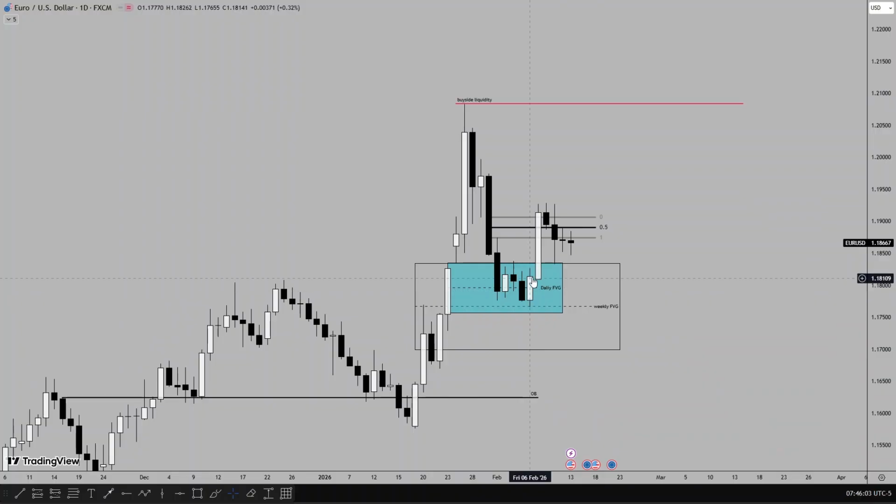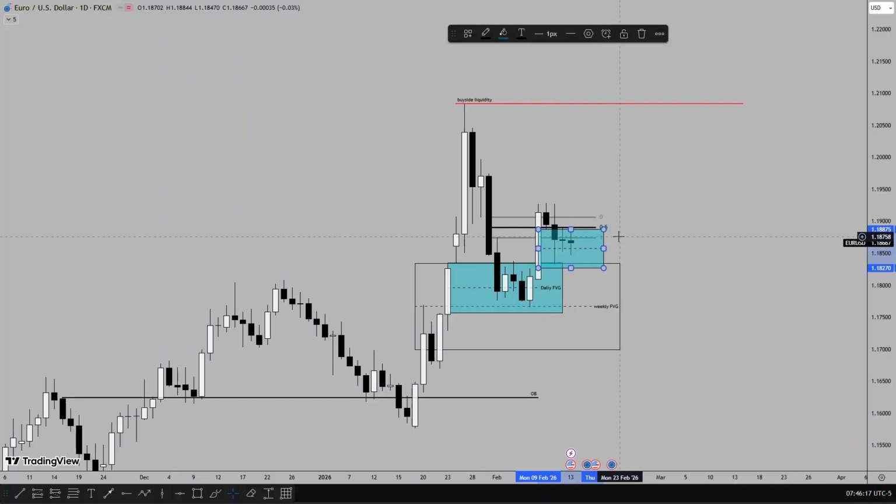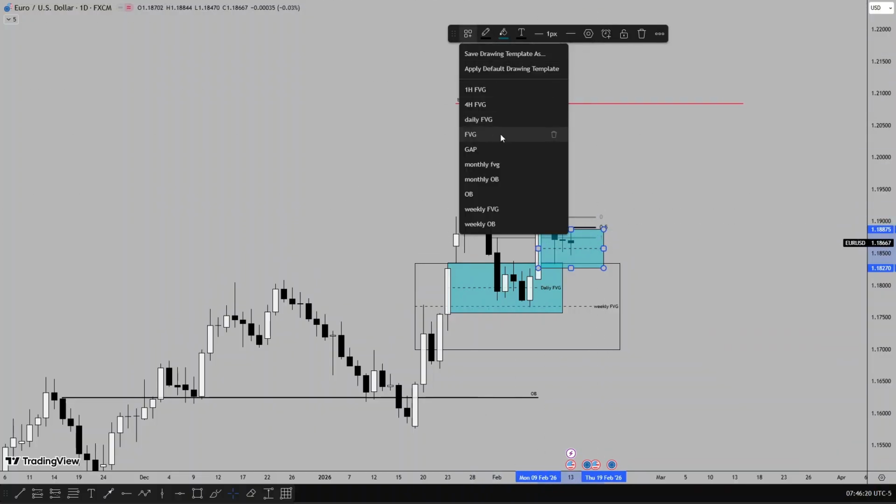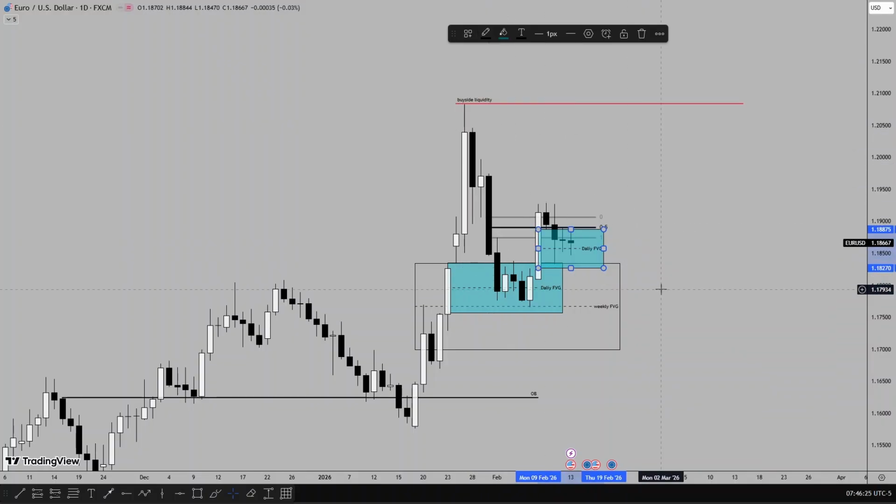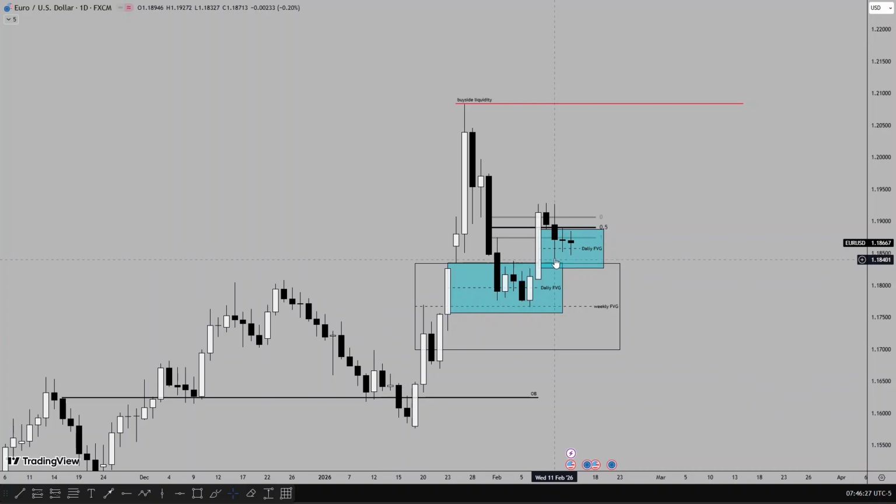On Monday, price traded higher, filling in the daily fair value gap. Tuesday, retracement. Wednesday, retracement into a daily fair value gap. At the same time, it's still aligned with the inversion fair value gap, using it to trade higher. So on the daily fair value gap, price respected the daily fair value gap, still inside the range of the daily fair value gap. Price is still in the range. Haven't filled in the daily fair value gap.